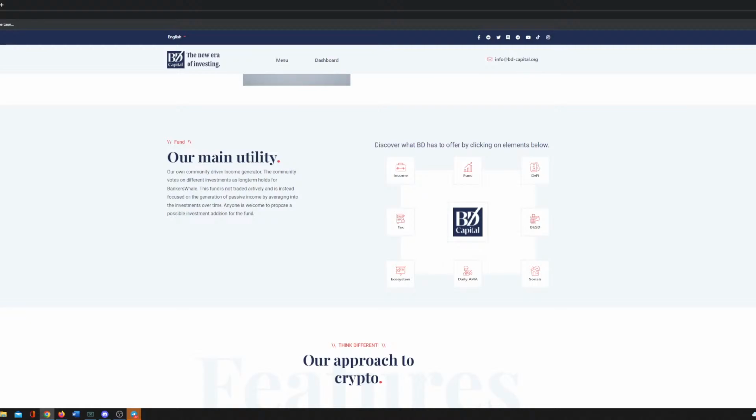This is just for the fund, because this is also the only wallet which we can guarantee is not coming to any harm, because we are in direct control of this wallet. This is a very important part. You need to keep not only BD Capital but also Project X safe. Doesn't matter which project you're involved in, you always want to keep it as safe as possible for the people. I think this is very clever and exciting for BD Capital and the community. Well done, guys. I'm also on this side.